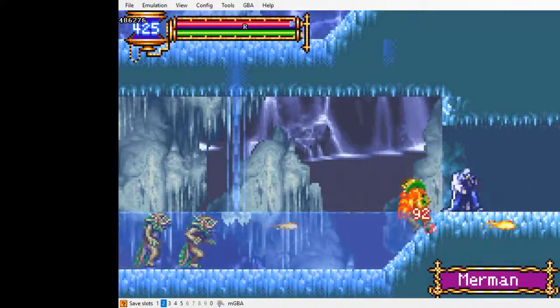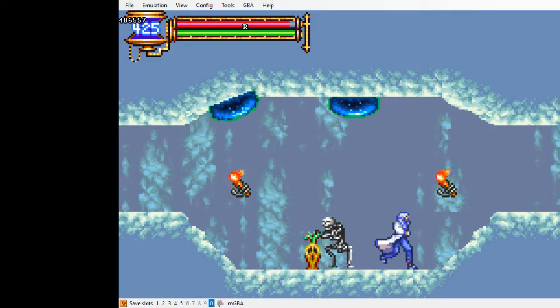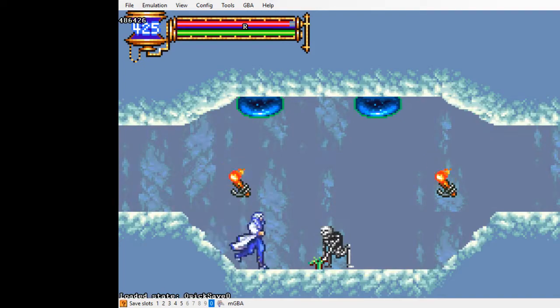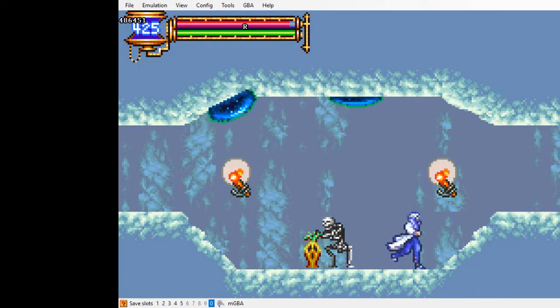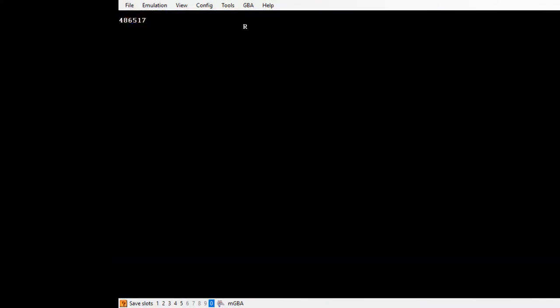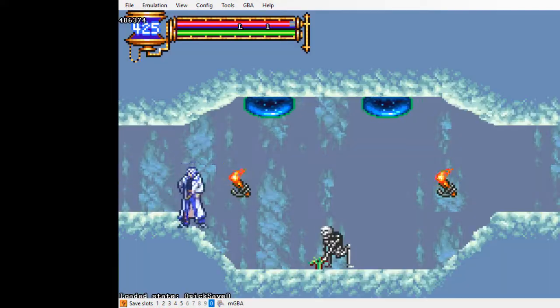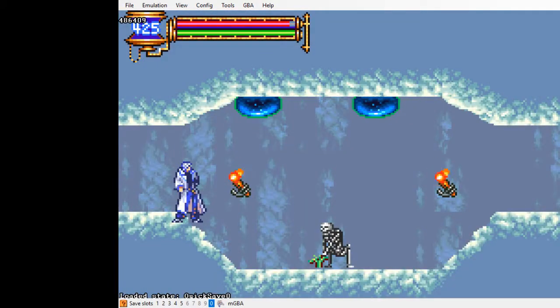So for this room, these mermen. Basically, if you just try and walk through this room, the Mandragora is gonna kill you. Or not kill you, but damage you, and that's slow. So what you want to try to do, the most basic way, is when you get here, it's kind of tricky, but... So maybe, never mind. What you want to do is here, basically when you're at the top of this